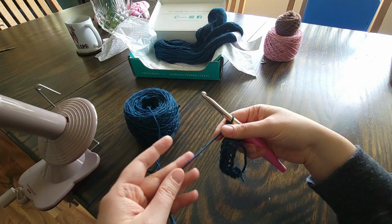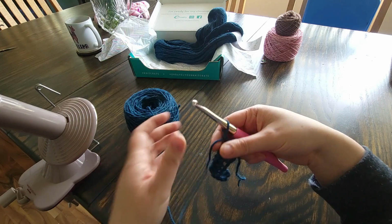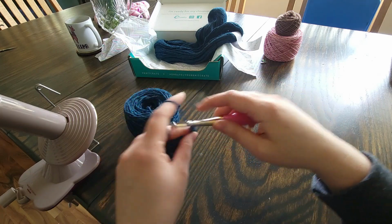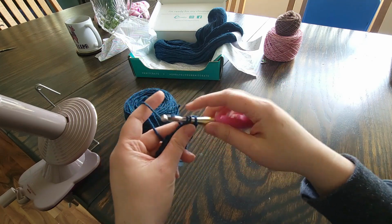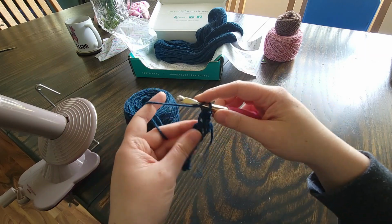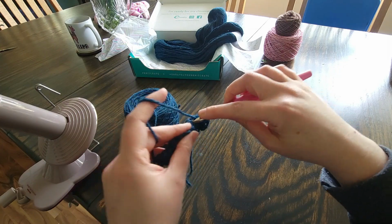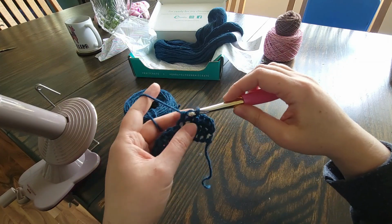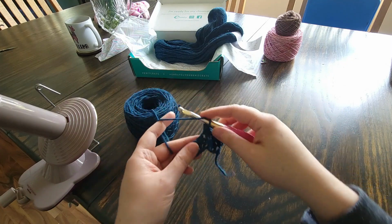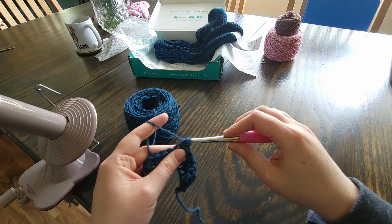The yarn appeared to be constructed of a tencel base, which is derived from bamboo. Bamboo and tencel fibers are known for their drape and their sheen, so they can be a little bit shiny, and they also have a lovely drape, lovely texture, perfect for say summer lace, very drapey garments like shawls, things like that. The alpaca is twisted in, giving it a very lovely halo and adding some warmth to the otherwise